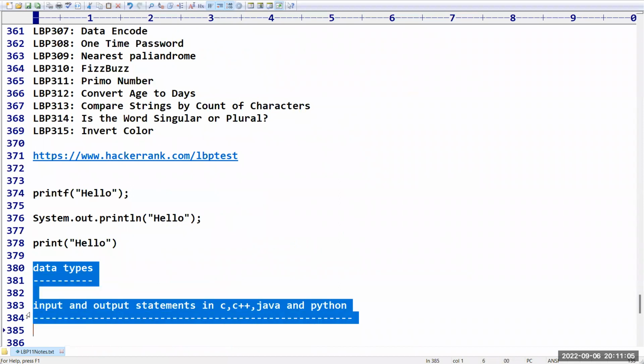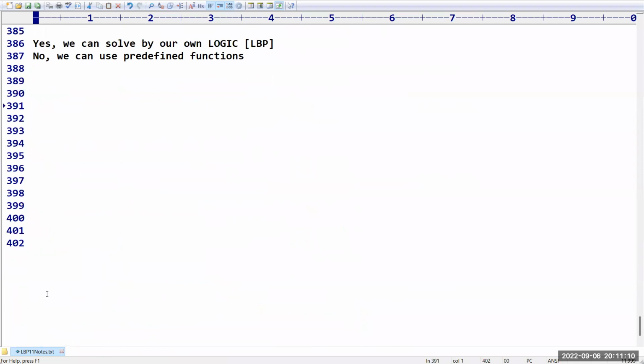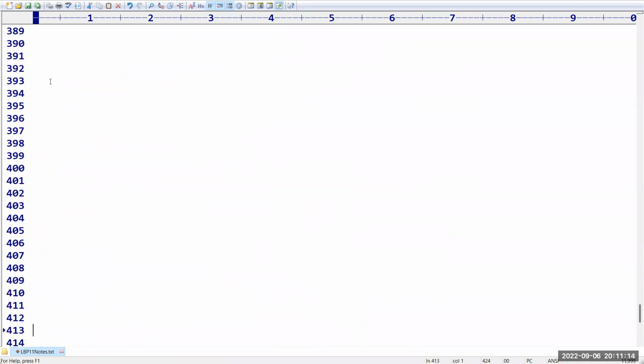Now in today's session, if I want to do coding, some minimum knowledge must be required. From our side, minimum knowledge means how you can read data from the user and how you can write data to the user. These minimum common things you must have an idea about. So for that, the first topic which I am going to take is data types in different programming languages.